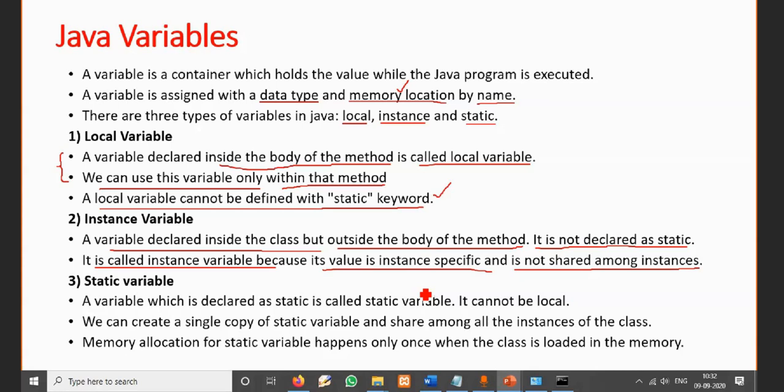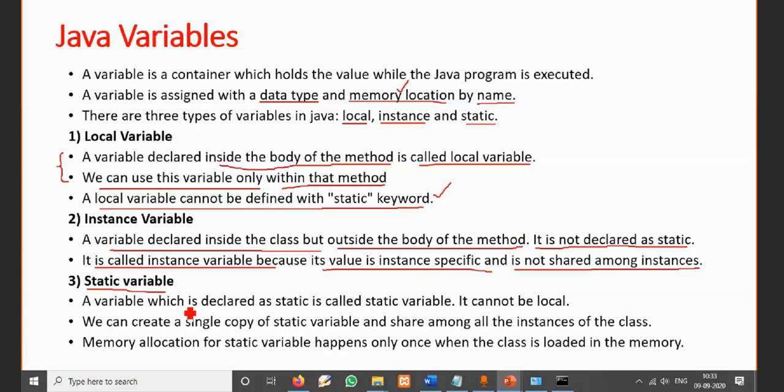The third one is the static variable. A static variable is a variable which is declared as static. If you add the static keyword to the declaration of a variable, then we call that variable static, and it cannot be local.